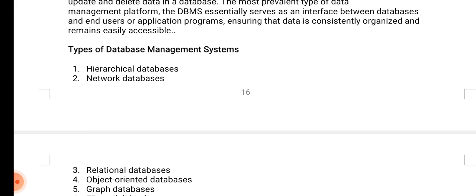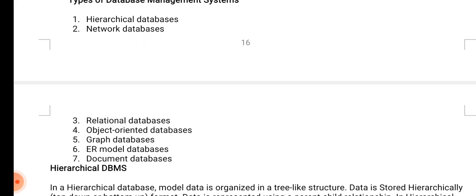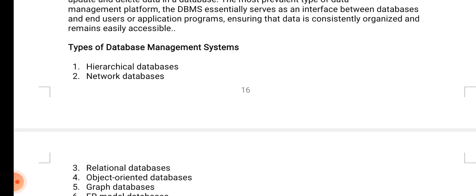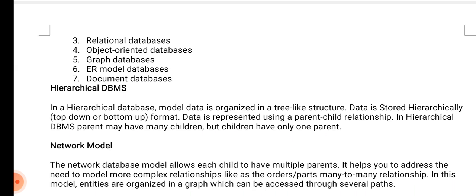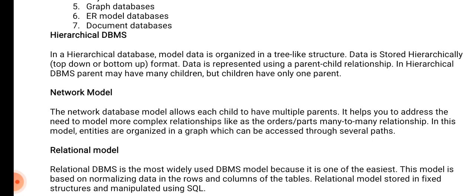Types of database management systems. There are different types of database used in a DBMS. Hierarchical database, network database, relational database, and object-oriented database are some of the databases used in a database management system. Hierarchical DBMS means the model is organized in